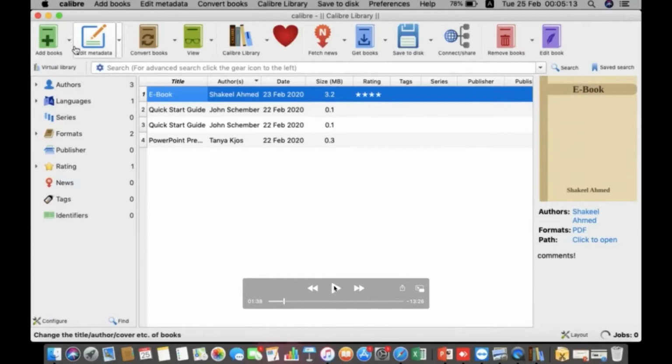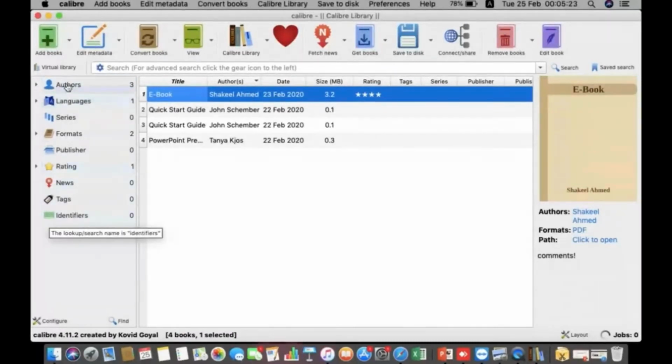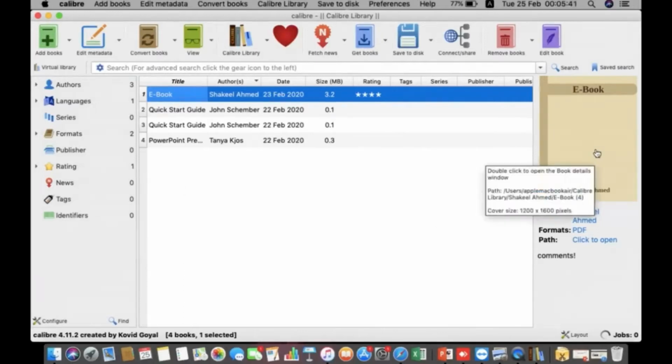Look here. Here is your book with the name of the ebook and all the author information and everything. You can have it on the left side. You can add book, you can add metadata, convert books, many options, and you can play with this one. We are going to see how we can make some changes in this one. You can make rating tags, different formats. You can select the language, you can add the author details,